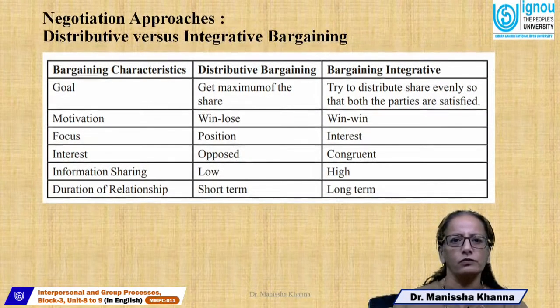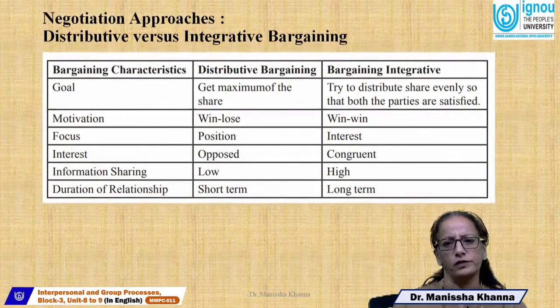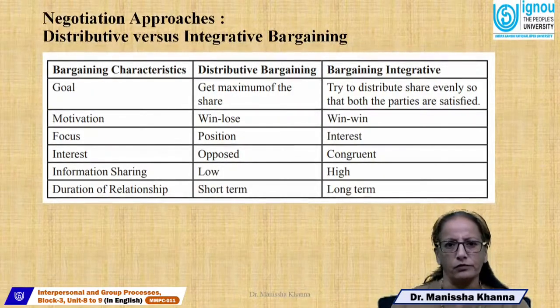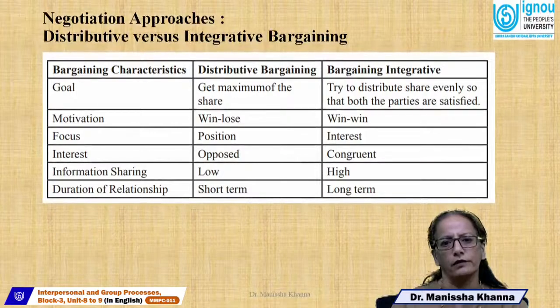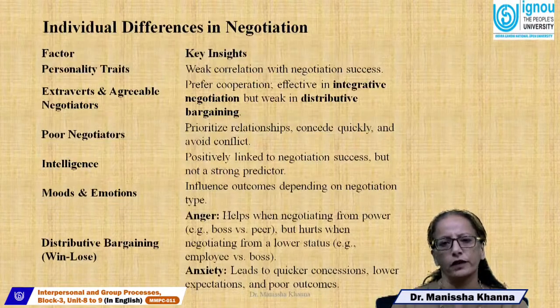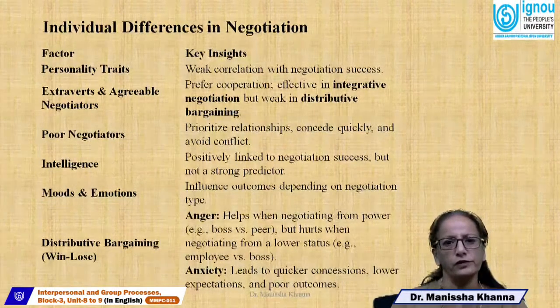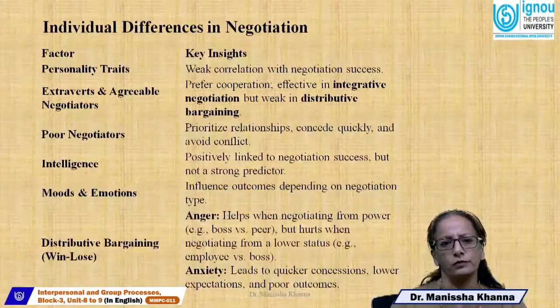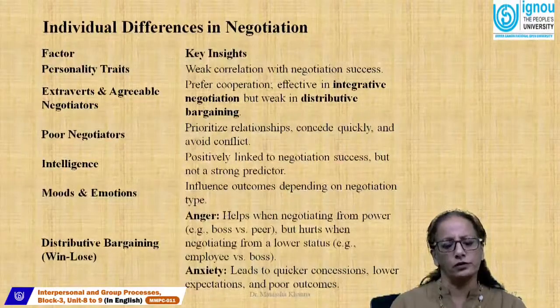So there are distributive and integrative bargaining processes, and the bargaining characteristics are based on goal, motivation, focus, information sharing, and duration of that. The individual differences in negotiation happen to be on personality traits, poor negotiations, intelligence, emotions, moods of people,